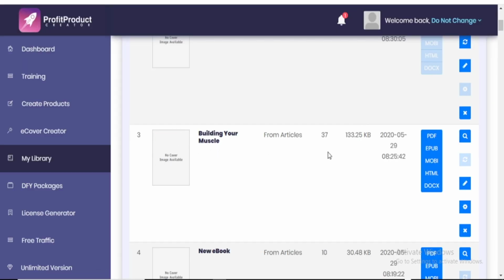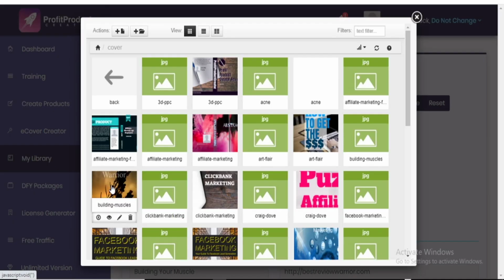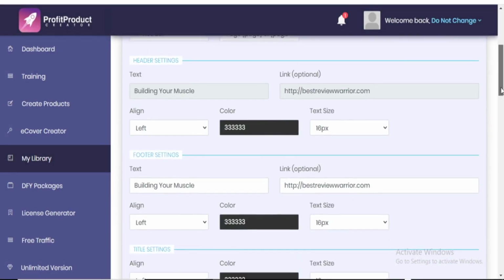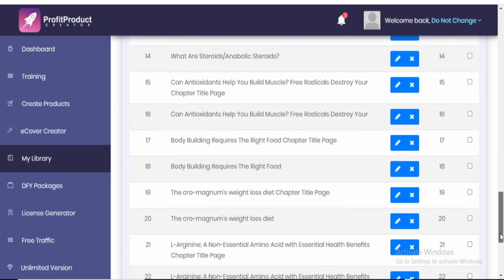Like I said earlier, you can download as a PDF, as an EPUB file, as a MOBI file, HTML file, and now we can preview our ebook. We can also edit our ebook. So we'll come here and click Edit. Now remember, we did not add our cover page initially because we had not created one, but now we've created one. So let us go and add our cover page. Now this is the cover page we created. We simply add it. Now we can say we have completely concluded the creation of our ebook.